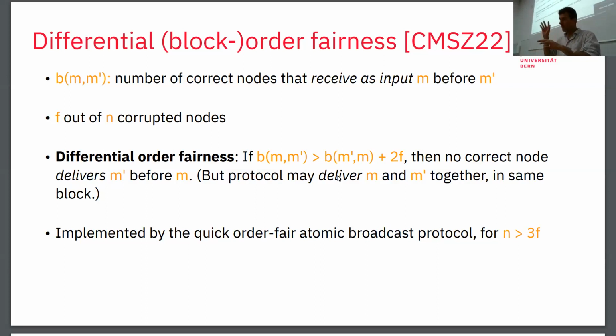It's a bit of you have to look at this for a moment until you understand what it is, but it's fine in this case to deliver the 2 together. That's what the protocol will do. And we can implement this on top of any kind of atomic broadcast protocol in the model I mentioned first, namely in the BFT model, where we know the N validators, and we have up to F less than 1/3 of N faulty nodes. So this is a protocol, and there are some startups and actually not only startups, but companies in the field that are thinking about implementing things like this.